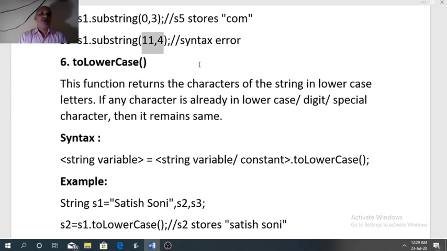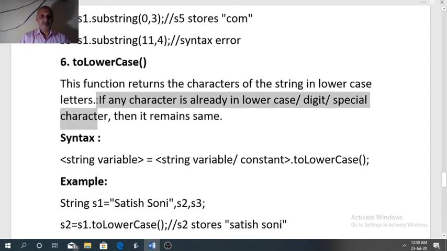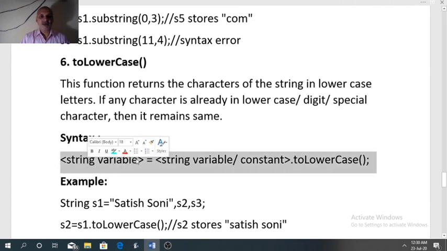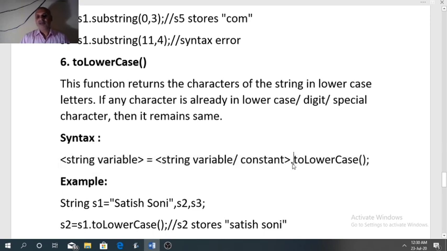If the character is already in lowercase, or a digit or special character, then it will remain the same. The syntax of this function is, since the function will return a string value, we need a string variable first, then source string dot toLowerCase without any argument.